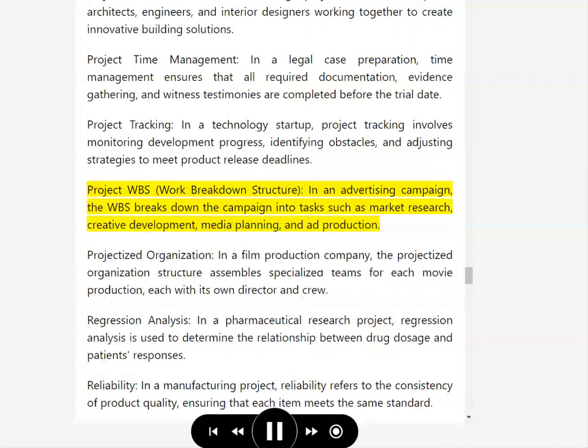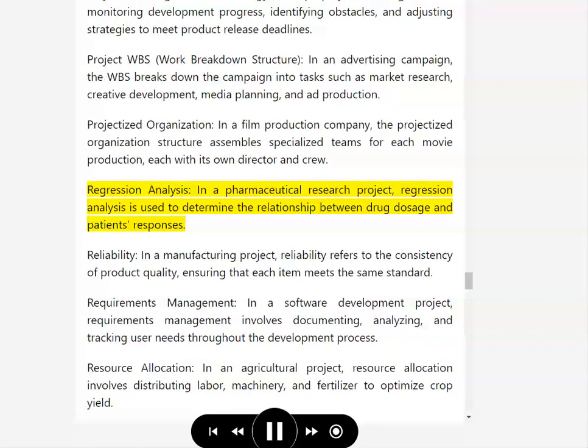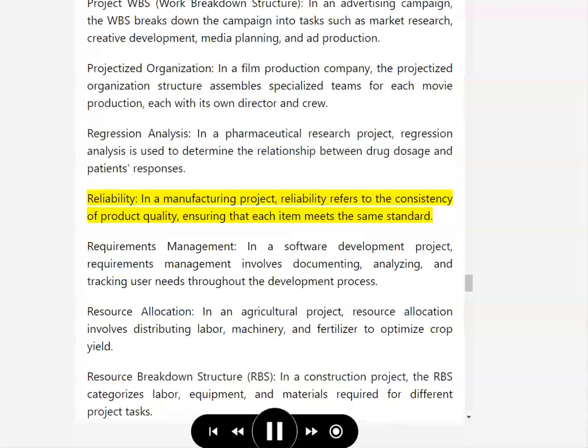and ad production. Projectized organization. In a film production company, the projectized organization structure assembles specialized teams for each movie production, each with its own director and crew. Regression analysis. In a pharmaceutical research project, regression analysis is used to determine the relationship between drug dosage and patients' responses. Reliability. In a manufacturing project, reliability refers to the consistency of product quality, ensuring that each item meets the